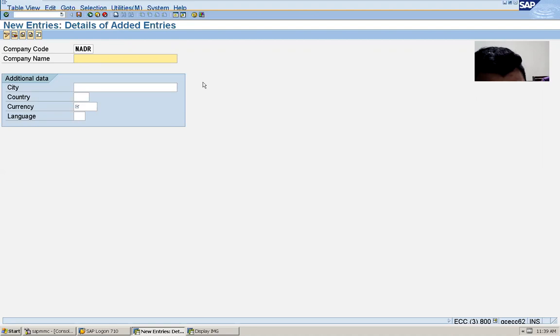So whatever you make, in every description you give this NADR so that you can easily trace it. So company code is also NADR. Company name is Nadir Group, or Nadir Group underscore NADR. City Dubai, country AE, currency AED, language EN. Please write down.